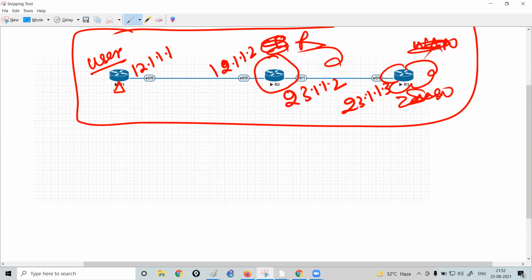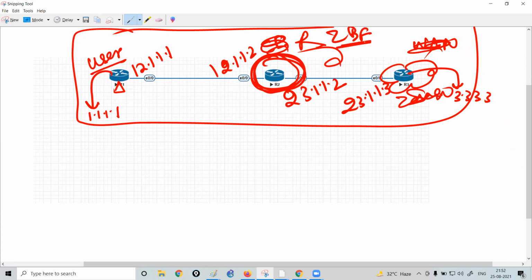Also, I'm going to configure a loopback on router R1, 1.1.1.1, and on R3, 3.3.3.3. And I will perform all the configuration of the zone-based firewall on router R2. Is it clear to everybody? So let's configure the IP addresses. Let's have end-to-end reachability first of all, and then we will jump to the zone-based firewall practical.